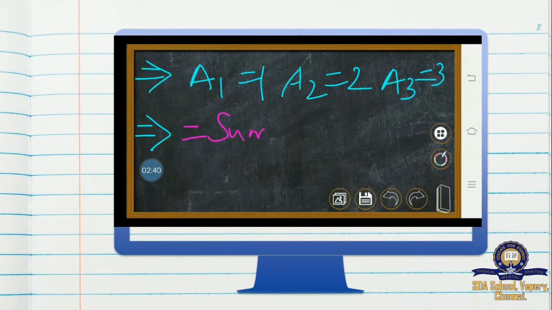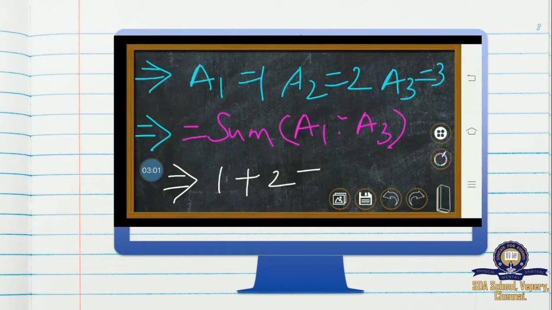Equal to sum of, instead of writing all 3 values, I'm writing the starting point and ending point of the cell range. Now let us calculate the values. What will be the value for me here? 1 plus 2 plus 3. The value is 6.